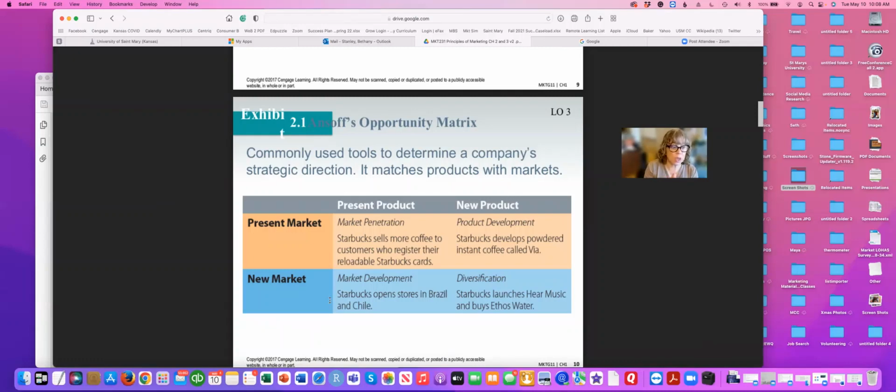So Starbucks, we have a market penetration presently, right, in coffee. And we find that people who have reloadable cards buy more. Okay, the observation. Good thing to know. From a marketing perspective, what does that tell us? That tells us we've got to keep working on those reloadable cards. We need to market those. New products. They came out with Via. Via is the instant coffee that you pour in, that you use when you're not at a Starbucks. Now they've got another